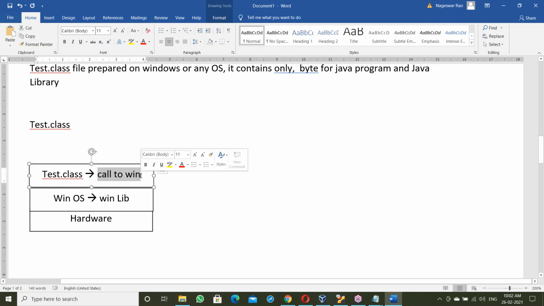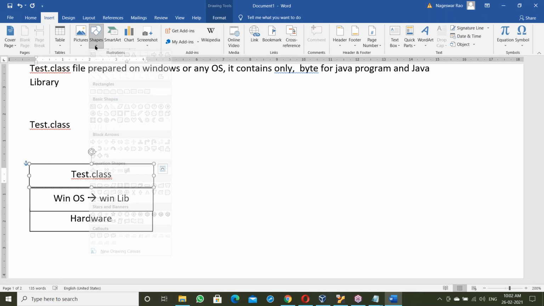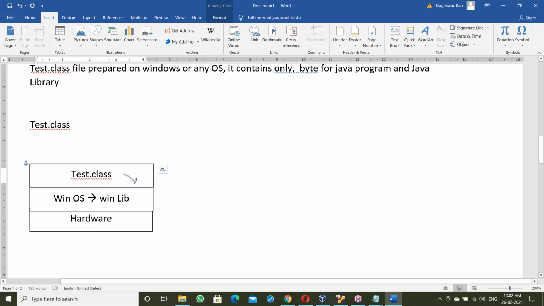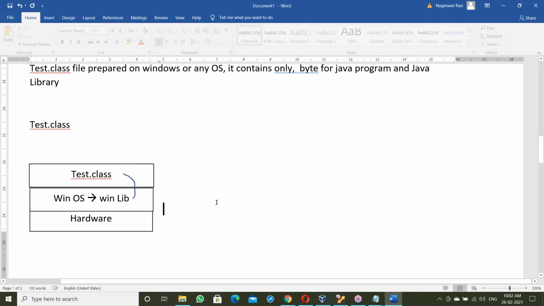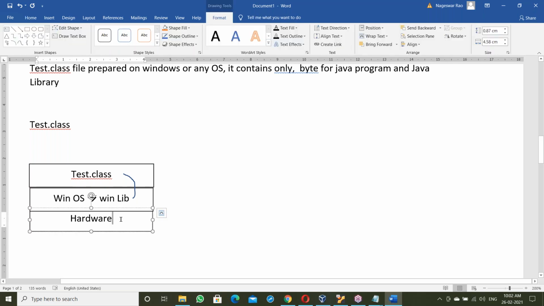After placing on Windows OS here, this tested.class file has to link with the Windows library. Every program has to link with the Windows library to communicate with hardware components. If it is an exe file, at the time of generation of the exe file itself it links to the Windows library, it's a static linking.